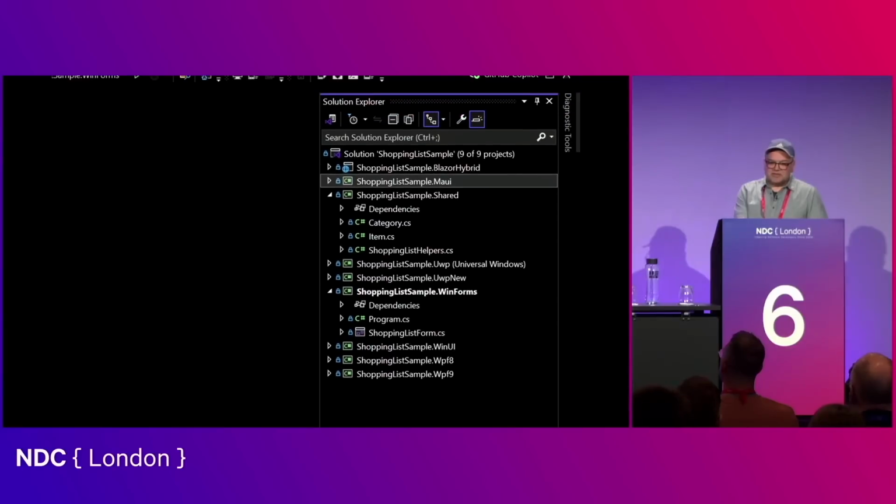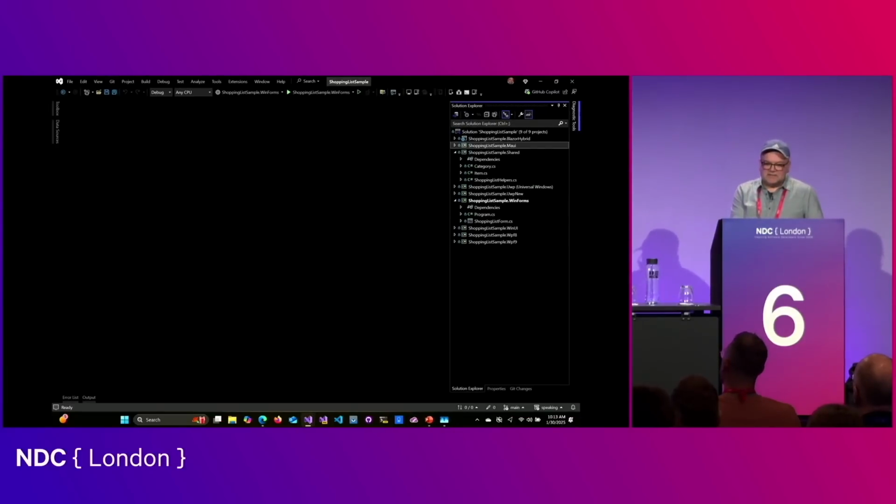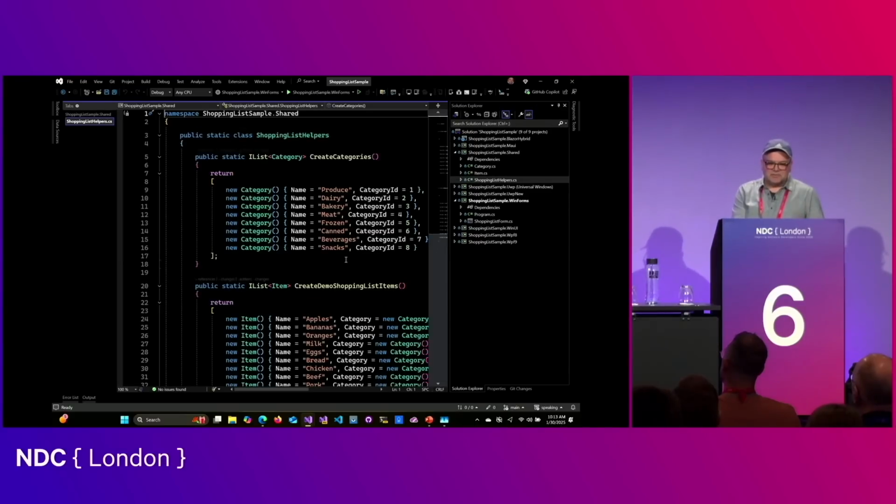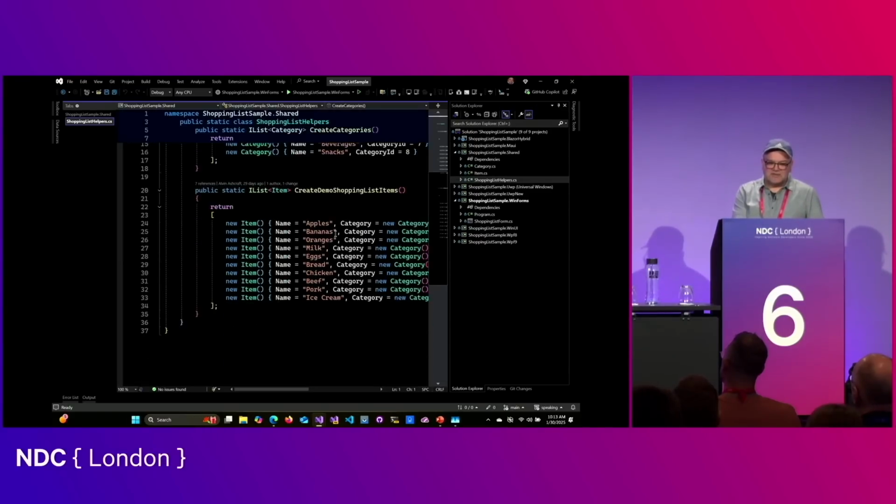And most of these projects are sharing the shared project. It's just got an item class and a category class, our categories for our shopping list. That'll populate a dropdown, and then items for holding the items in our shopping list. And the shopping list helper just builds a little bit of dummy data in memory for us. So let's just take a look at that helper. You can see it's pretty simple. It just has create categories, create the shopping list items,